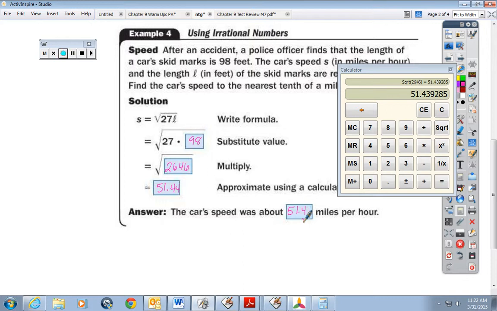That shouldn't take you that long, especially with the calculator. Now, look at 14, 15, 16, and 17. It says to use a number line. You don't have to use a number line, okay? You can do